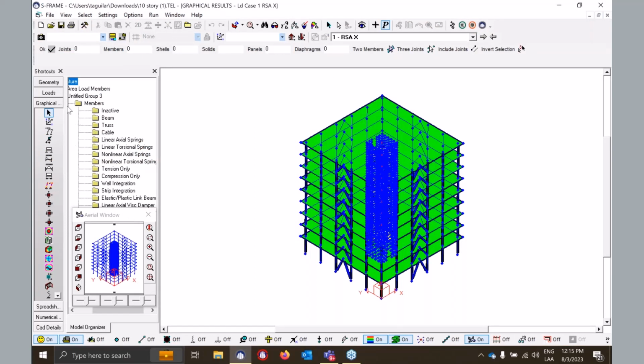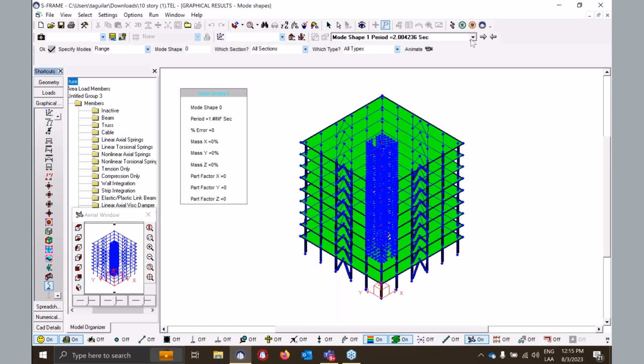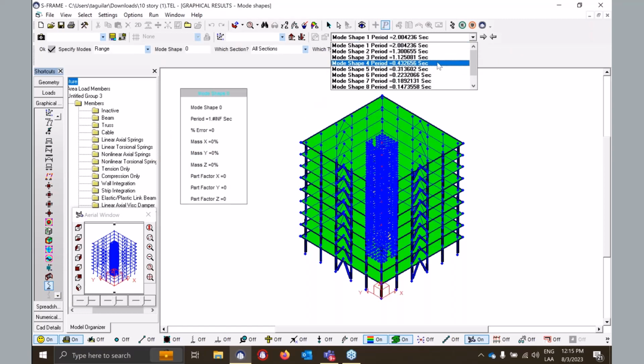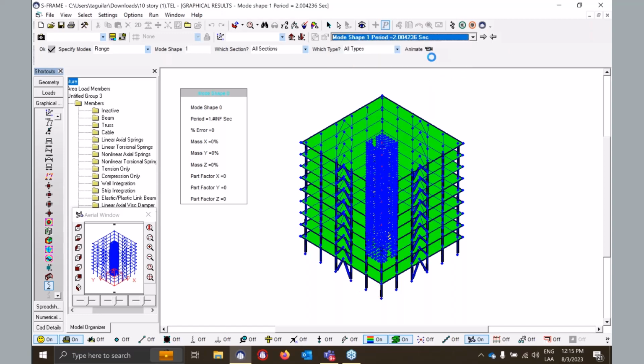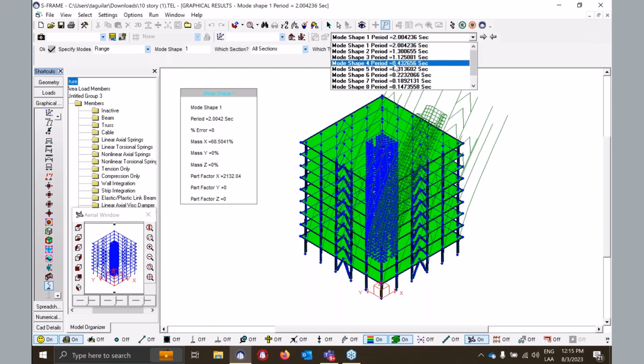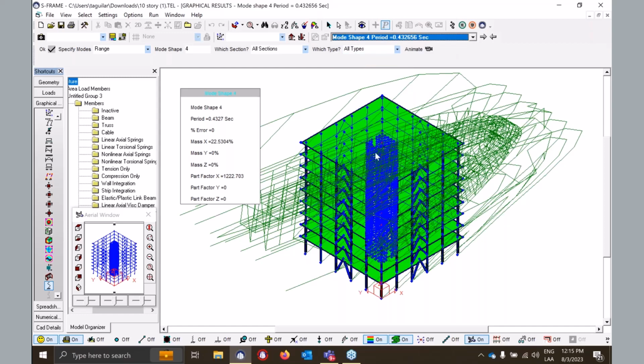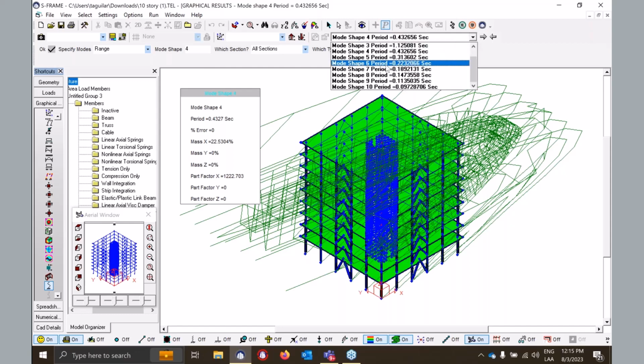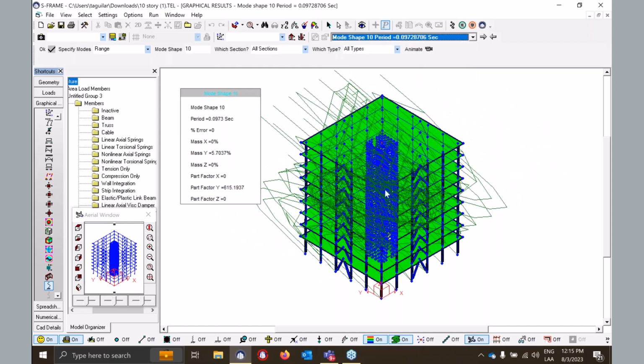So after this, we can visualize the graphical results. So I'm going to go to the mode shapes tool over here. And as you can see, we have generated the different mode shape periods for this structure. If we click here, we can see the deflection on this mode shape. And if you click on any of the other mode shapes, you will also see their scaled deflection. This is